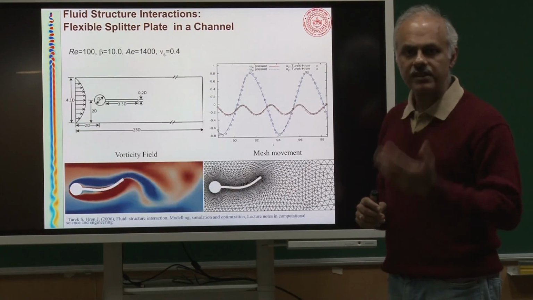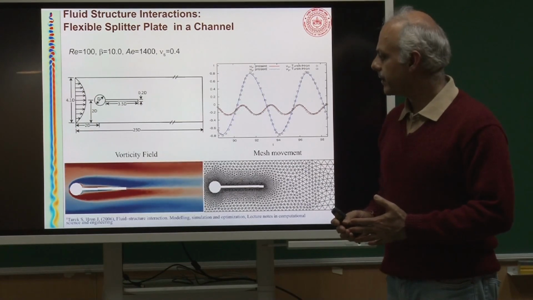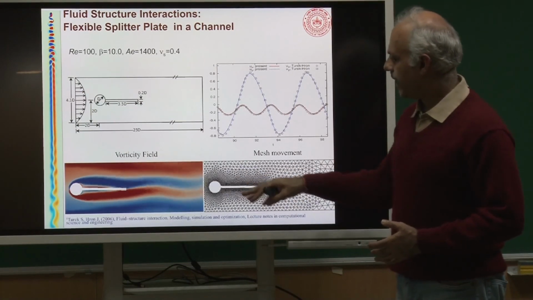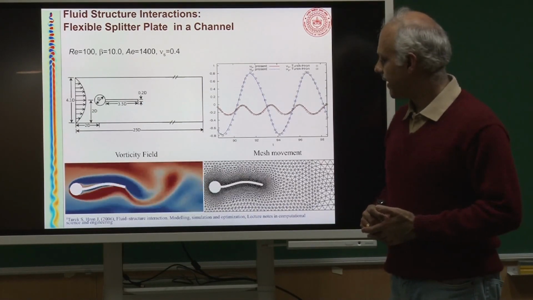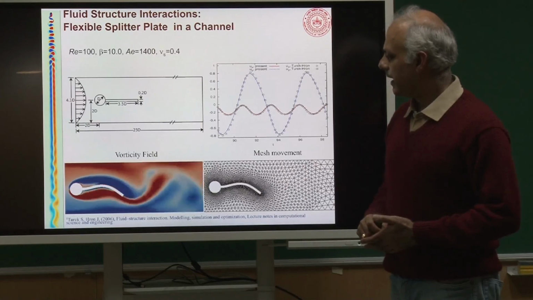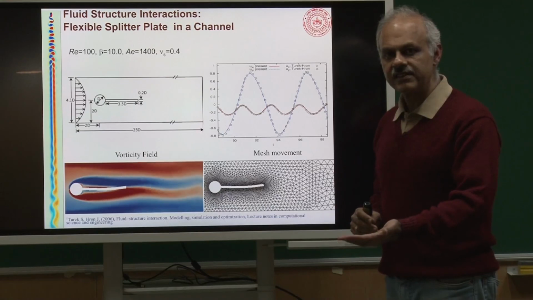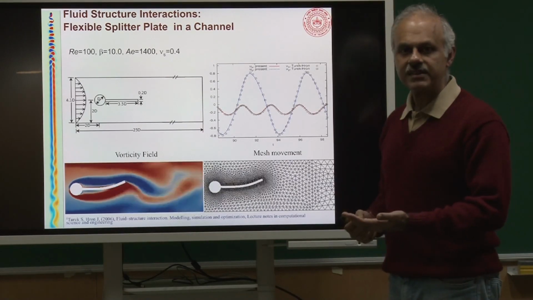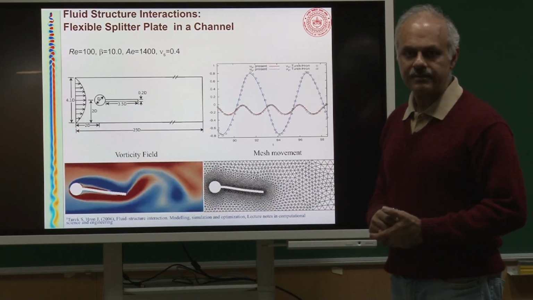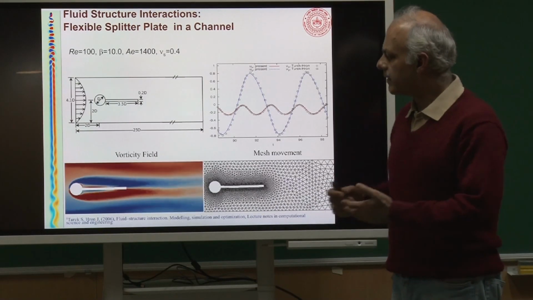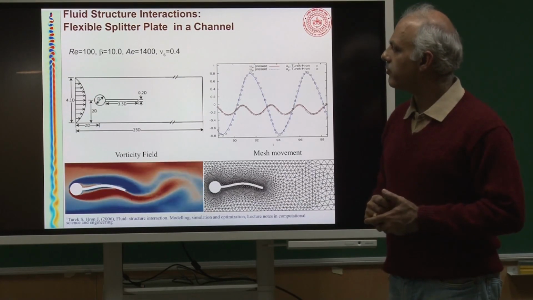So, we have to solve the equations for fluid mechanics, we have to solve the equations for solid mechanics. Then there is a grid, and this gridding has to be done dynamically on the fly as the body deforms. The loads from the fluid have to be transferred to the structure, and likewise the deformation and the velocities that you get on the structure, they have to be transferred back to the fluid. So, we have done many other problems. This was just a test problem for fluid structure interaction.